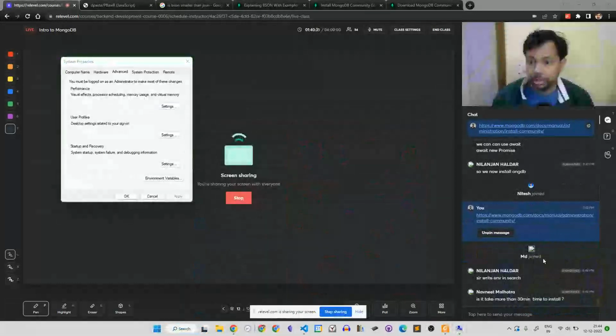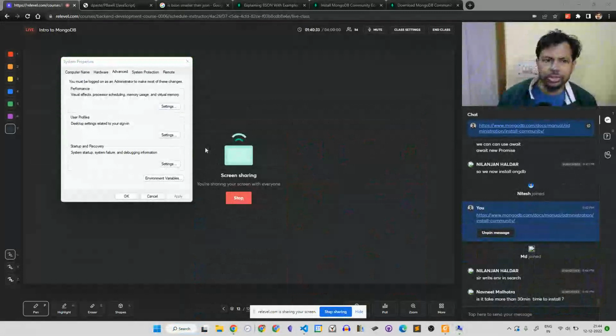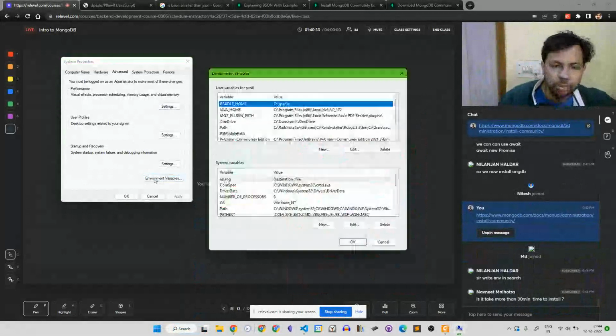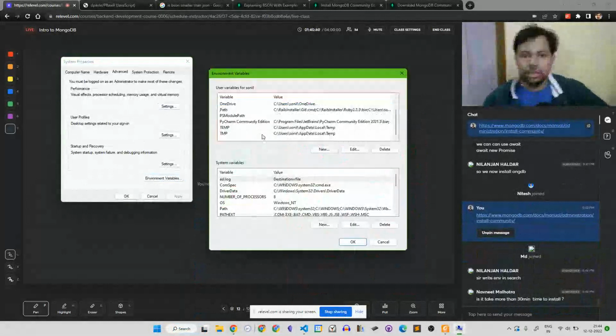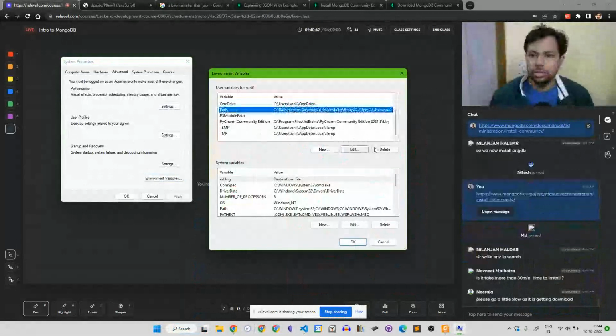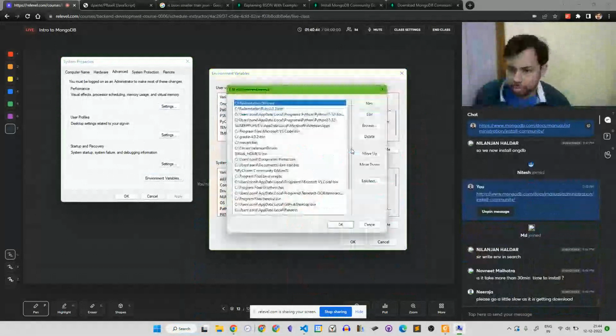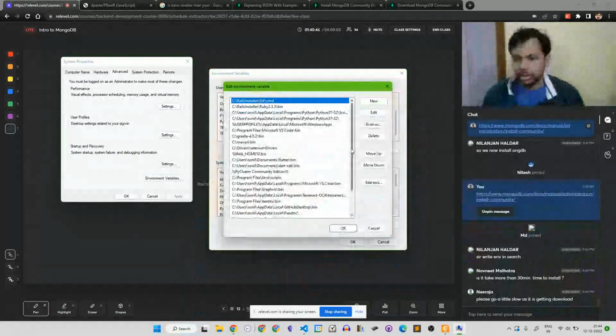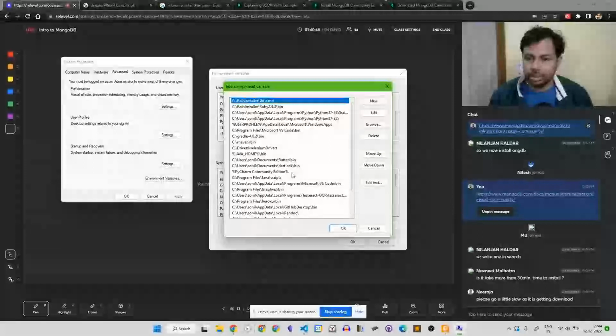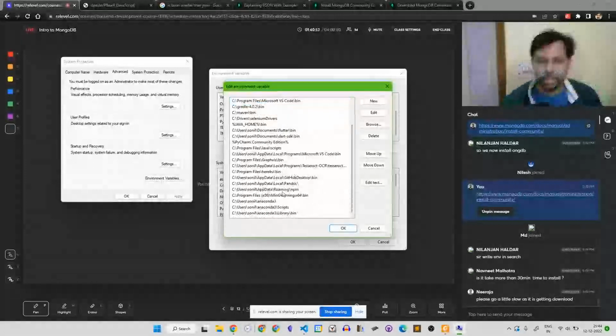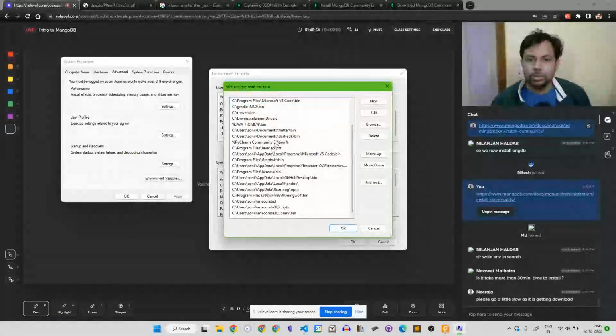Does it take more than 30 minutes to install? No, it will take some time, but once it gets installed, you can do environment variable. Click on path, click on edit. Yeah, okay, don't worry about it, Neeraj. In path and edit, you can save the MongoDB.